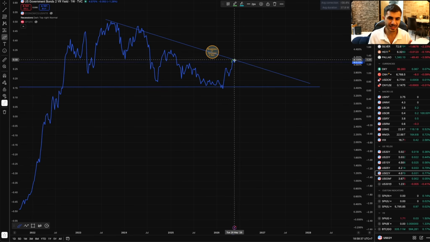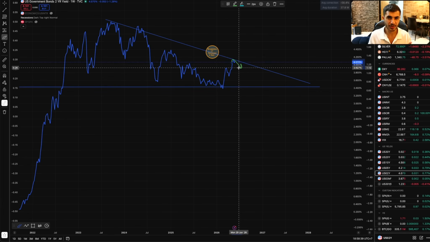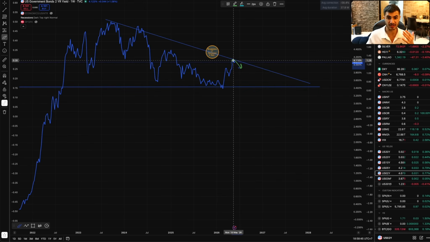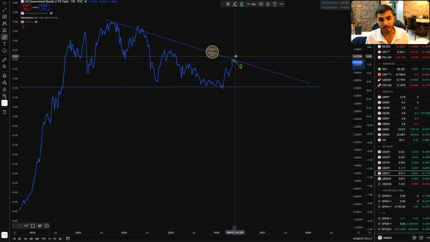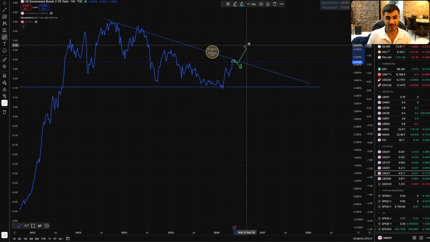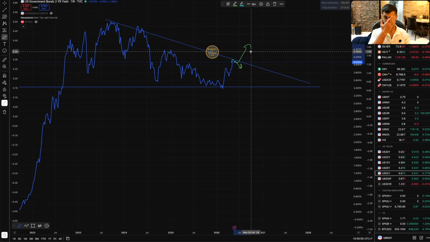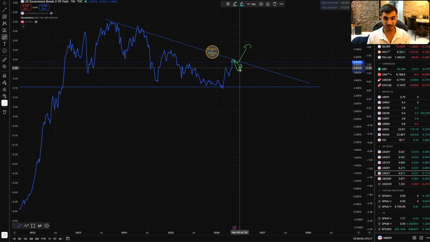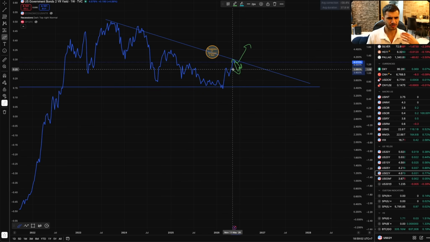And another thing you should watch out for: if the 30-year goes up while the 2-year goes down, then that signals recession fears, right? Because people are less optimistic about the near term than the long-term future, as they would be expecting some kind of recession. That's what it means when the 30-year goes up and the 2-year goes down at the same time. When they both go up at the same time, it's also not good because, of course, people will be putting their money in 2 years and 30 years. But nevertheless, if this goes down aggressively, then watch out that it's a recession signal, right?